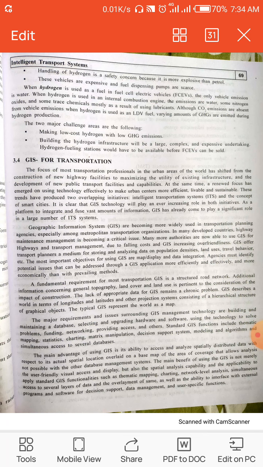GIS provides all the information regarding transportation. In GIS, we maximize the facility and utility of the transportation system and develop new public transportation facilities and capability, and at the same time a renewed focus has emerged on using the technology to make urban